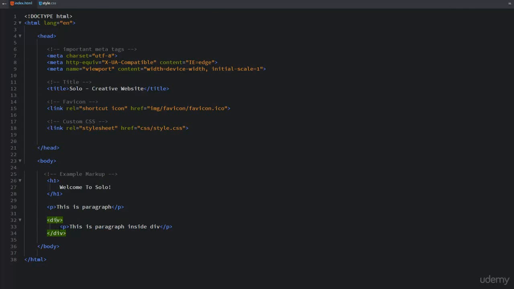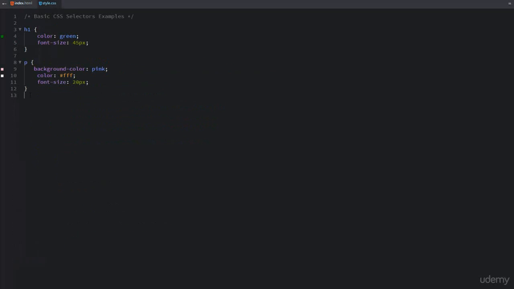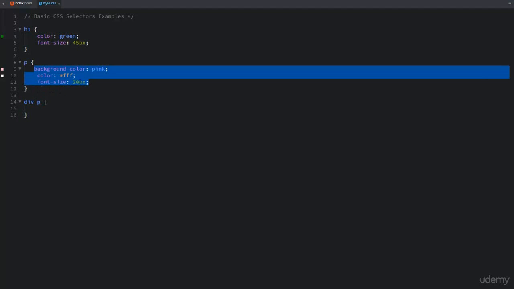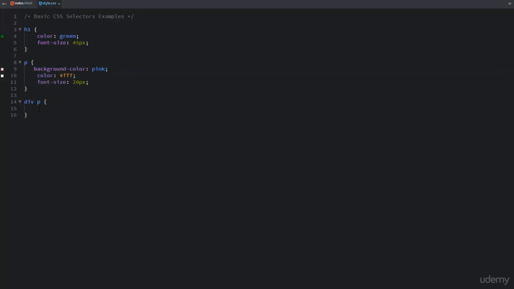So how can we apply CSS to this p element which is actually inside the div element? Let me show you. For that, you need to write div, and inside this div we have a p element, and then opening and closing curly braces, and we will declare CSS for this p element which is inside the div element. I will copy these CSS and I will duplicate them for this p element.